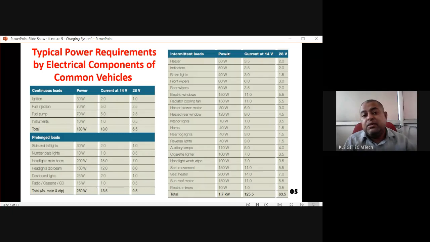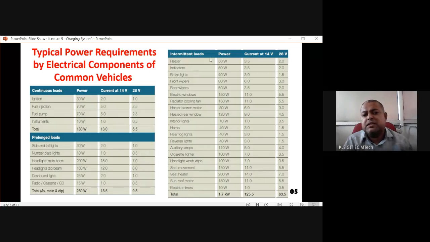And then we are coming to the intermittent load. So intermittent load, it depends on the situation. It is not continuous. It depends on the situation and time and specific application where intermittent loads can be used. Brake light: whenever you're pushing the brake, at that time brake light is required. Then there are indicators, heaters. Heater we are not running always. Wipers, front wipers, rear wipers. So wipers are not required always in all seasons. Only in the rainy season wipers are required. Heater blower, heater near window, interior lights, horns, rear fog lights, reverse light, auxiliary.